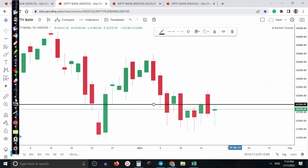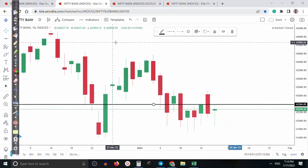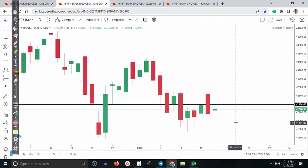What I told. So let me explain again. If price opens somewhere there, we are looking for short only. Below 24385, that level. All right, if price opens above this level, we are looking for buy above this level. Remember. So let me show you. If price opens below this level, so what